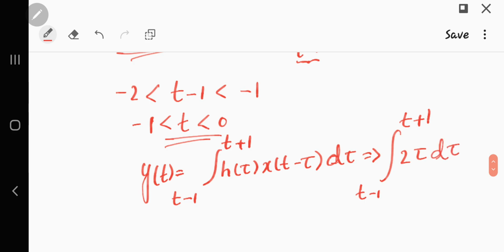Now if you integrate and apply the limit, you will get the value 4t. I'm not elaborating on the integration part here. The integral of 2 tau with respect to tau is 2 tau square by 2, with limits t minus 1 to t plus 1, which will yield the value 4t. Okay, you can try that. So next